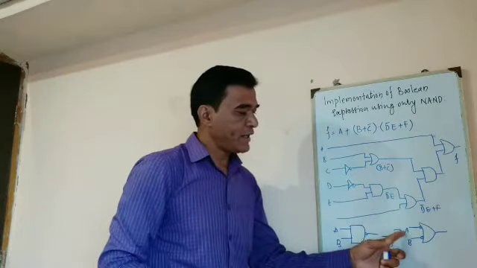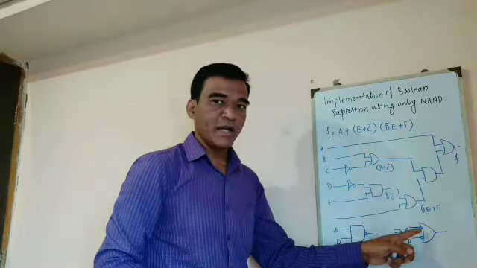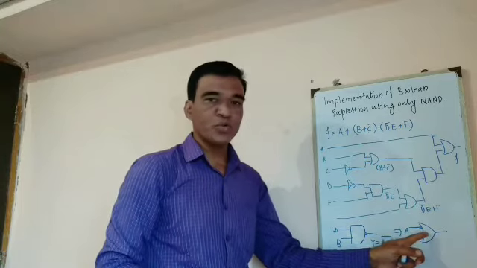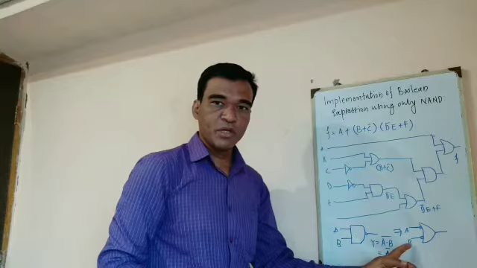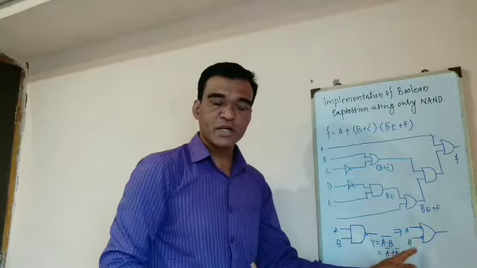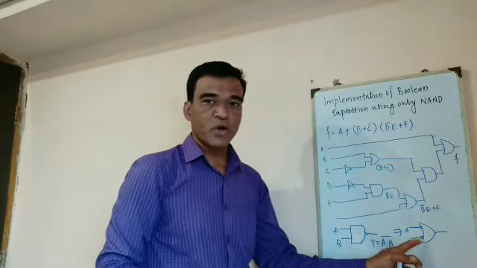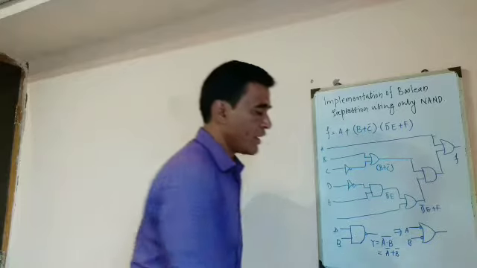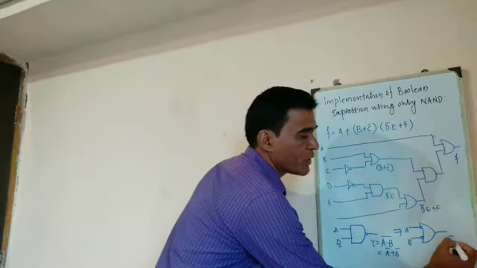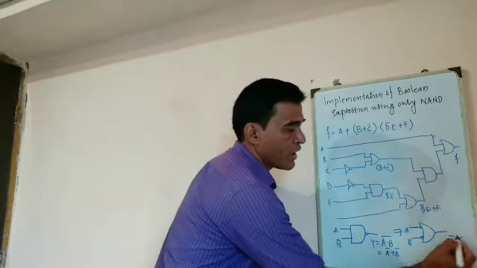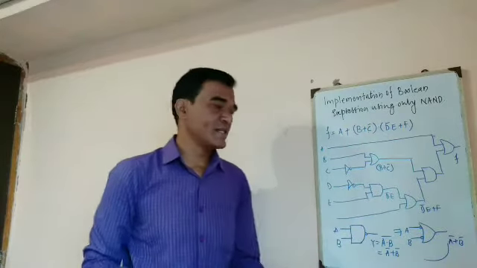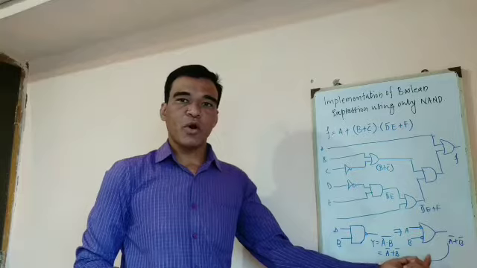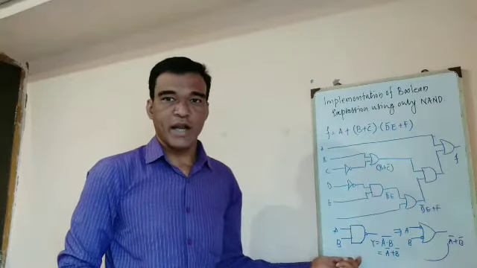Now when I apply the A, this bubble indicates that it is inverted, hence input to this OR gate is A bar. Similarly for B, input is B which is bubbled, means that it is inverted. Input for this OR gate is now A bar and B bar, and output I will get which is equal to A bar plus B bar. And this is equivalent to this NAND gate. So in other words, I can say that bubbled input OR gate is equivalent to the NAND gate.